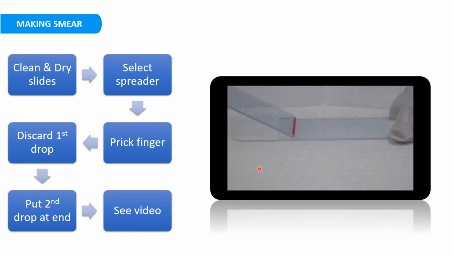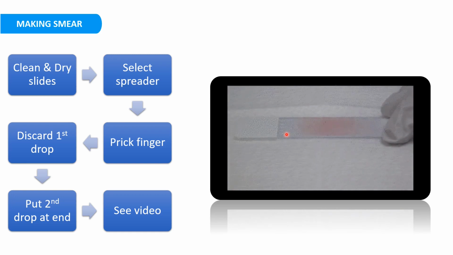So this is how we have to make the peripheral smear. If you see, first we have to put the drop on one side of the slide, then the spreader slide is used to spread the smear. The spreader slide should be placed in the middle and then pulled backwards, allow it to spread from edge to edge, and then a smooth continuous movement should be done. The angle that is formed is 35 to 45 degrees. So the angle should be between 35 to 45 degrees, neither more nor less.